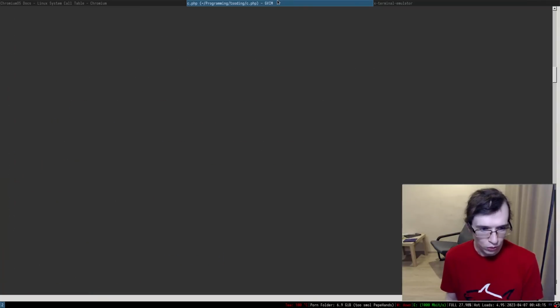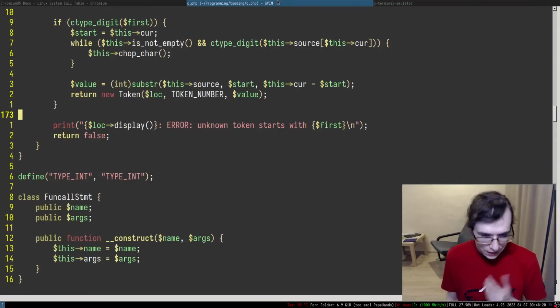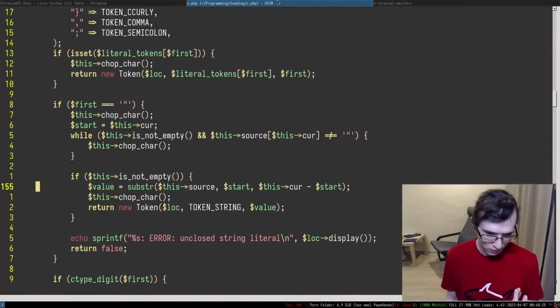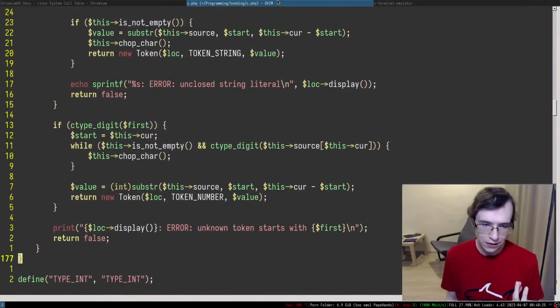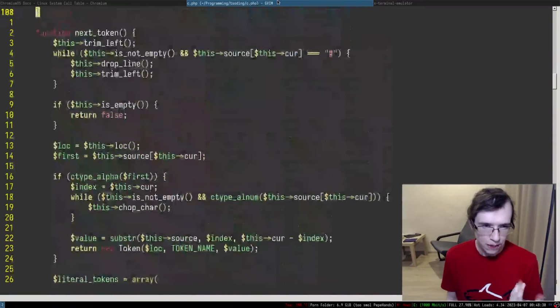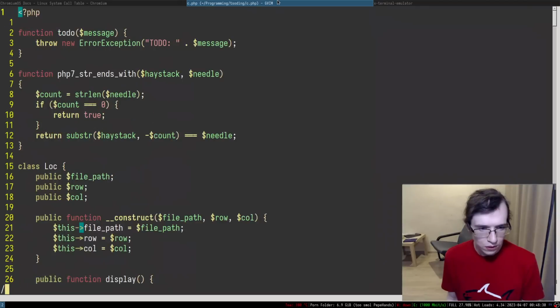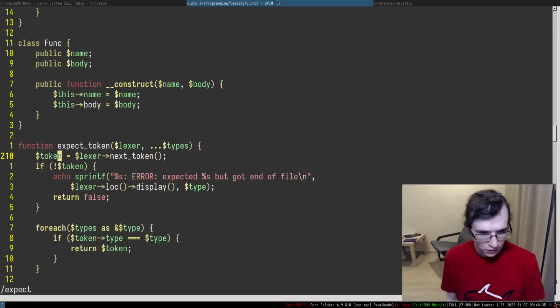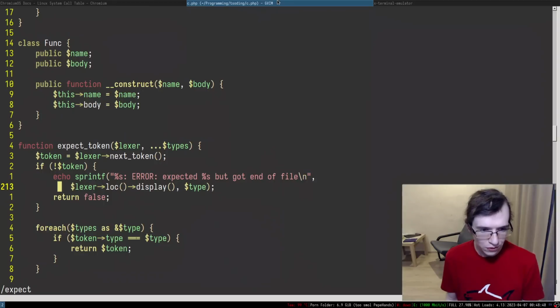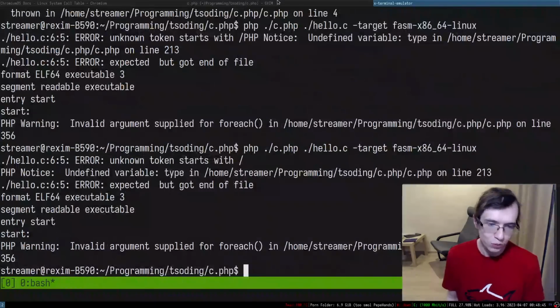And then I return false, which indicates that we couldn't get any token, and that indicates an error. But something went horribly wrong in here. I suppose in expect token, when we get the next token, expected something but got nothing. That's what I expect, so it should be correct.